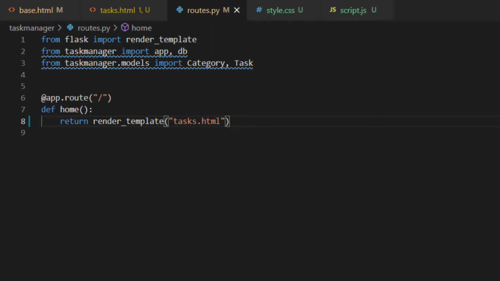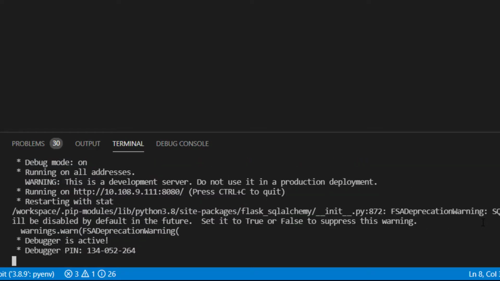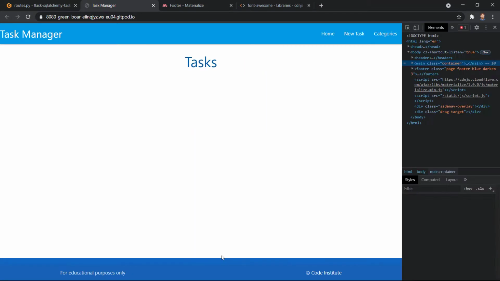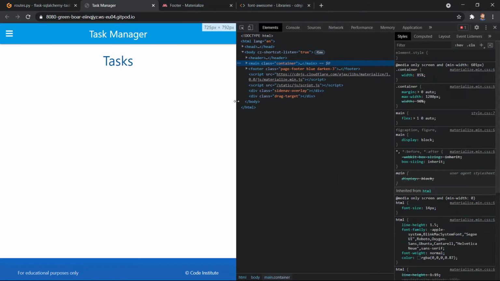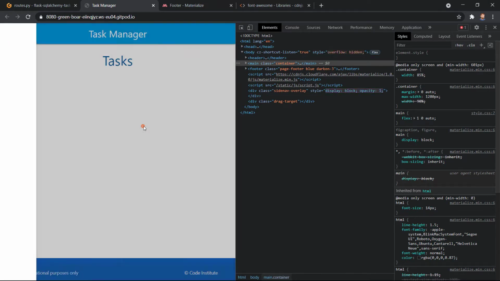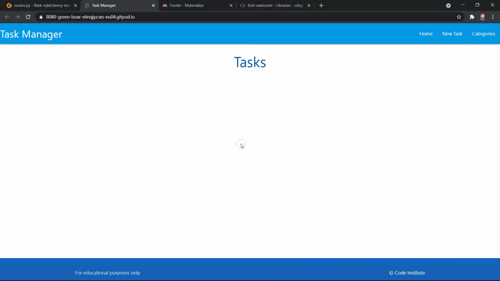Save all of your files, and if your app isn't currently running, go ahead and start it within the terminal by typing python3 run.py and then open your browser. Remember to hard reload the page or use incognito mode if your static files with the CSS or JavaScript aren't working for you. Otherwise, check for a possible typo on your code. Everything looks great so far and behaves as expected, even our mobile navbar if we decrease the width of the page. We now have the basic front-end template set up with a navbar, a footer, and a tasks template that uses the template inheritance to extend from the base file.